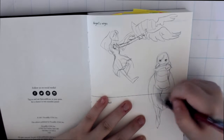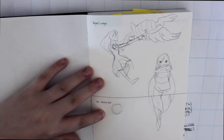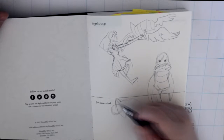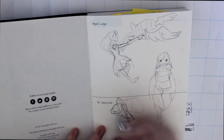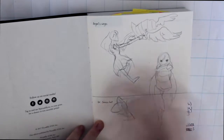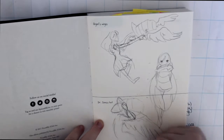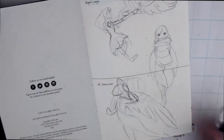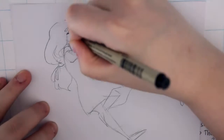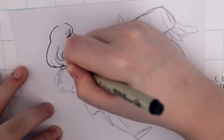The first one was like, I'm gonna have a girl who catches this hat that has angel wings on it. Then my second idea was she herself is an angel and she's kind of shy and hiding behind the hat. And the third one is the same concept of the girl being an angel, but being more confident about it. I actually had to do a tiny bit of research about what Dr. Seuss's hat refers to, so I'm just thinking it refers to the hat shown in The Cat in the Hat or something like that. So yeah, I sketched it out on a 5x7 piece of paper,